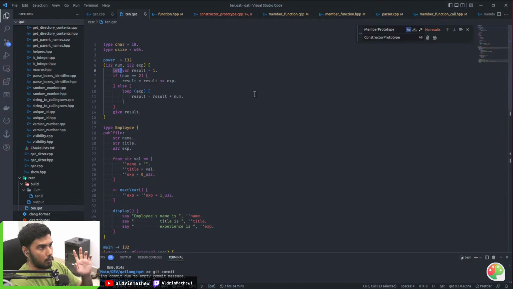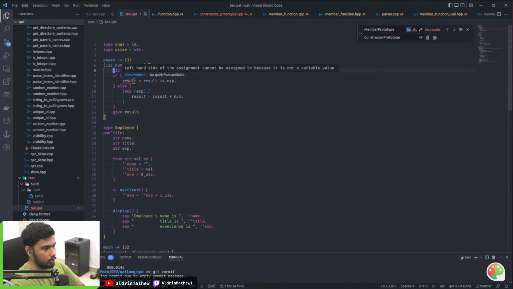So if you want to infer the type, then you use let. Otherwise, you can just provide I32. Where I32 result. Where basically means that the value or the entity that you're declaring is a variable. If you don't declare it like that, you won't be able to modify it. Left hand of the assignment cannot be assigned to, because it is not a variable value.